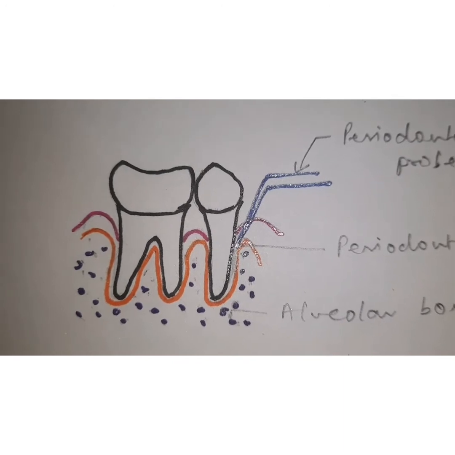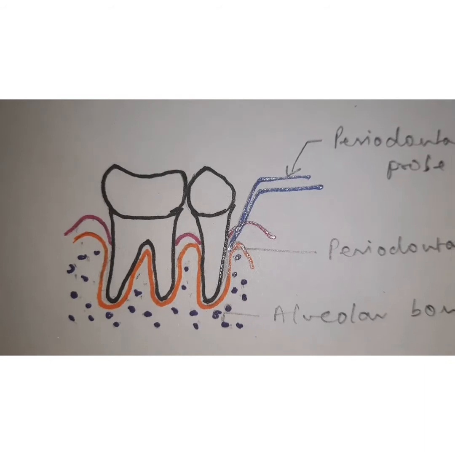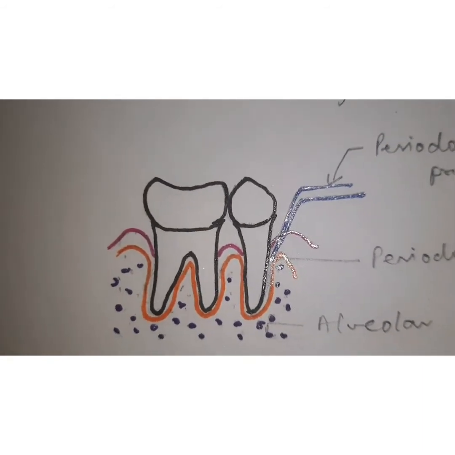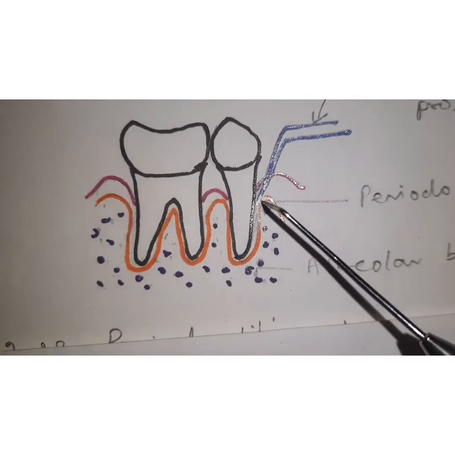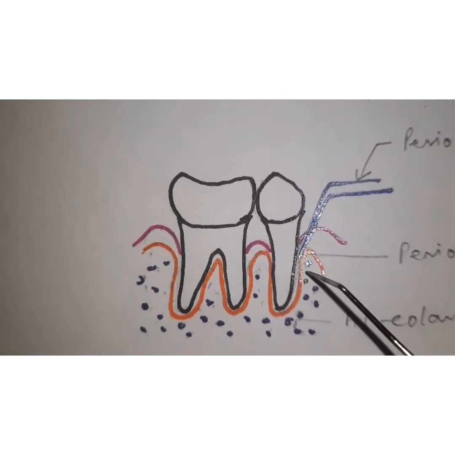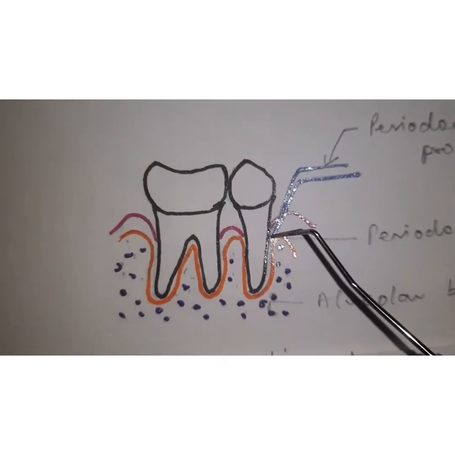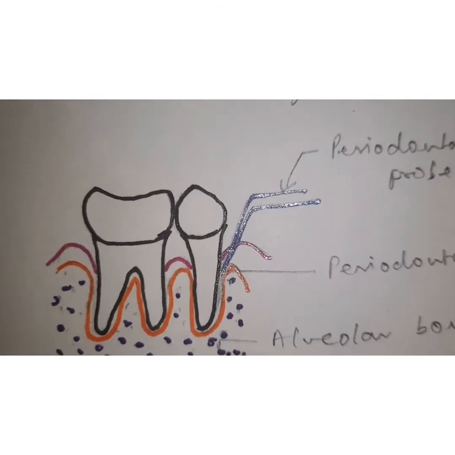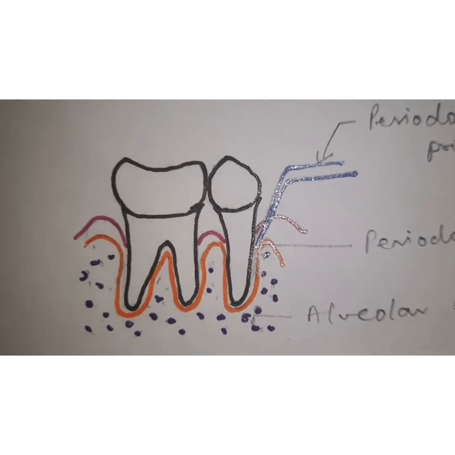And when we talk about pockets, we are referring to periodontal pockets, which is basically pathological deepening of the gingival sulcus, as you can see here. So when there is deepening because of the attachment loss, there is deepening of this sulcus. This we call the periodontal pocket. And the instrument by which we assess most commonly is the periodontal probe. And why is this attachment loss there? Because of the destruction of the alveolar bone.